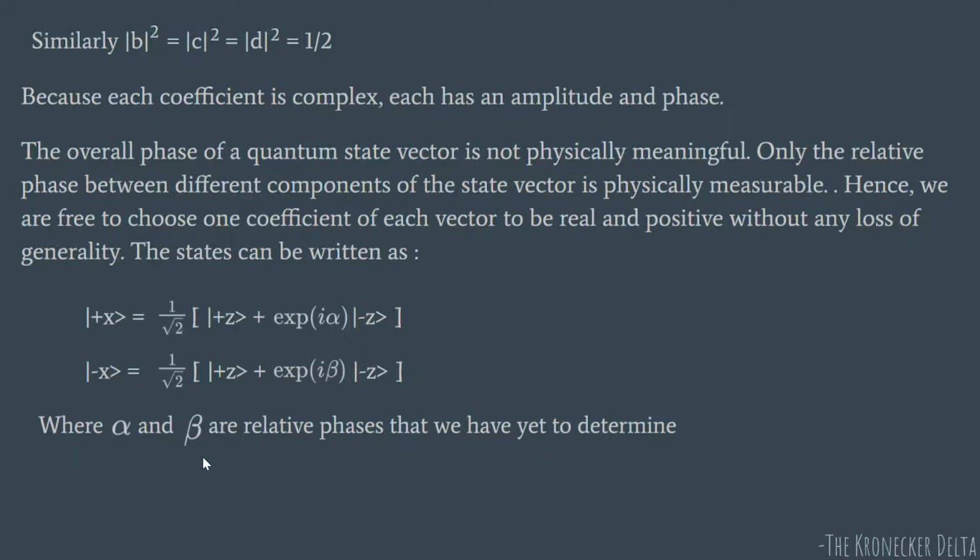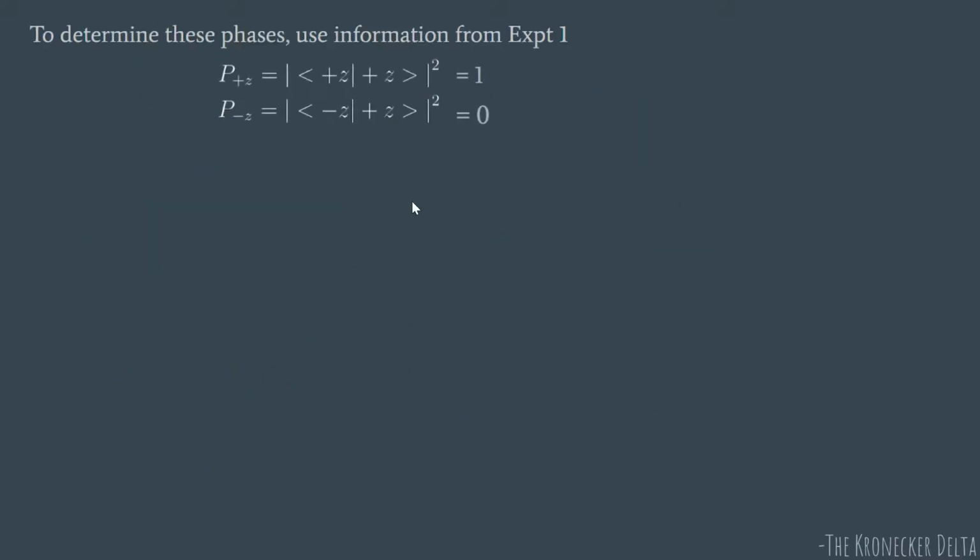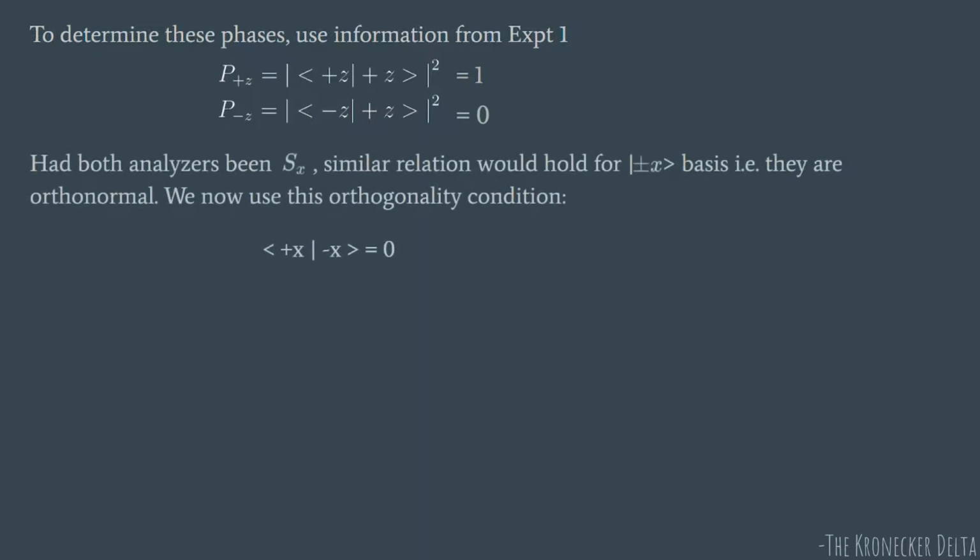Okay, but we have already used the information from experiment 2. What we still have is the information from experiment 1. Experiment 1 was that you had two SZ analyzers. So plus Z ended up in plus Z, because the same measurement does not change the outcome. You're performing the same measurement there, SZ, and this came out to be 0. Now suppose instead of the two SZ analyzers, you had both of them as SX. That should not change the outcomes of the experiment, because what axis you are choosing for the experiment is arbitrary. It's your choice, right? So if you choose both of them as SX, the outcomes remain the same. Okay, so now we'll use the results of such an experiment where both of them are SX.